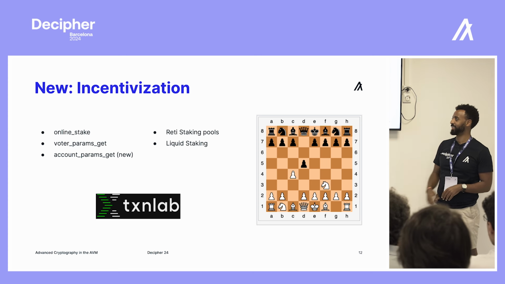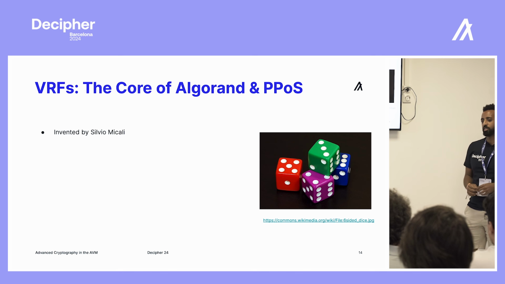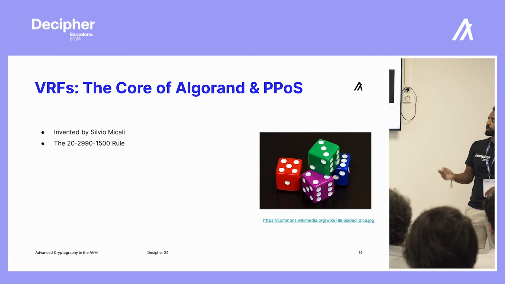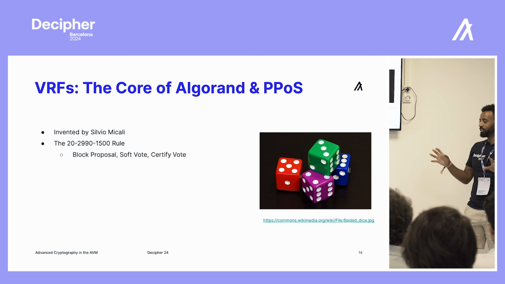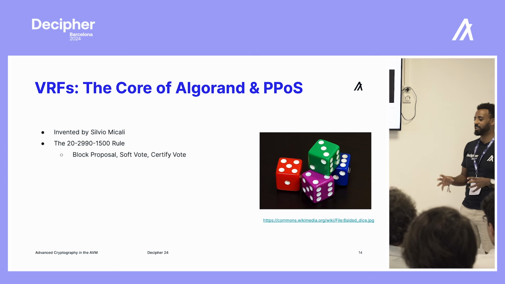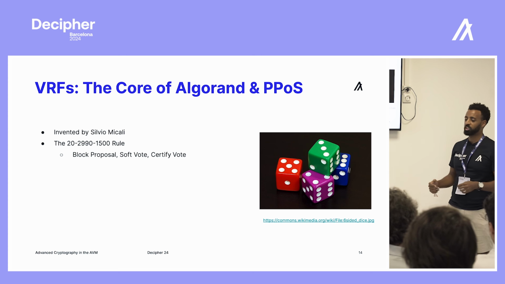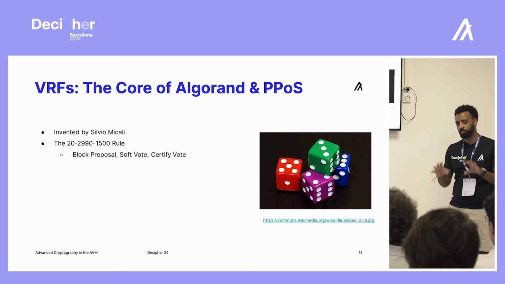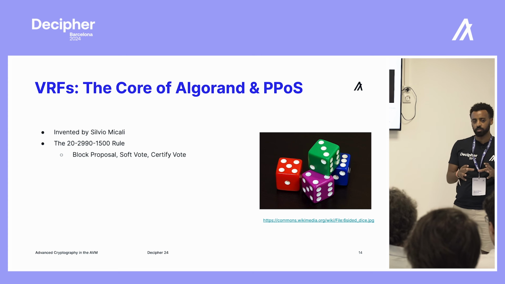So the VRF is basically the core of Algorand and the pure proof of stake consensus mechanism. It was invented by Silvio. And we have this 20, 2,990, 1,500 rule. It's a mouthful. But basically at each round, you have 20 blocks that are proposed. And then you have a committee, called the soft vote committee, of 2,990. They come and they pick out of these 20 blocks which one has the lowest hash